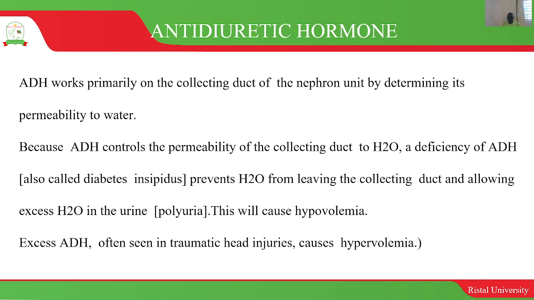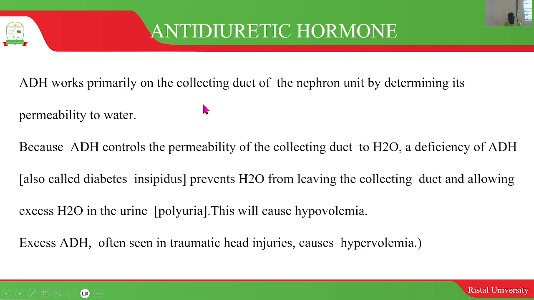ADH also works primarily on the collecting duct of the nephron unit by determining its permeability to water. So this is what the ADH hormone does. Its action is at the collecting duct. It makes it more permeable to water, and then more water